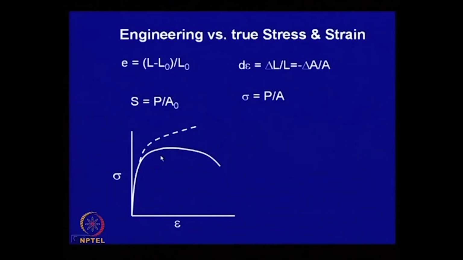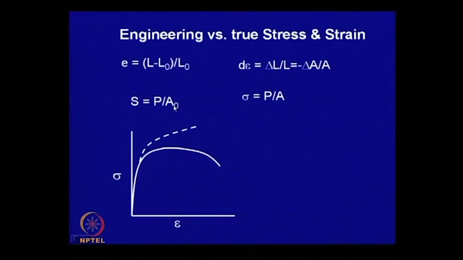Now, as has been mentioned, we should make a distinction between engineering stress and strain, and very often we talk about the true stress and strain diagram. Here, engineering strain, as we have seen, is defined as the change in length, L minus the original length, with respect to the original length. Similarly, stress is defined as force or pull over a normal stress per unit area,